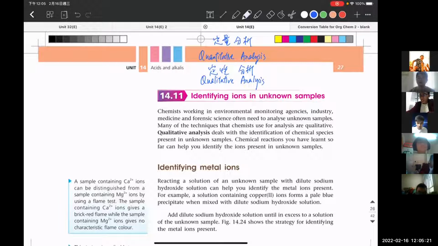A hint, food. What food? You don't know? Anyone who know? Rice noodles. They talk about some of the chemicals containing inside the rice noodles, which is